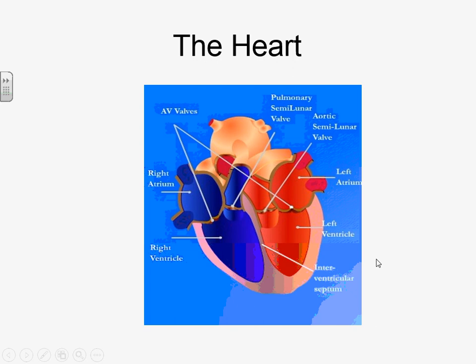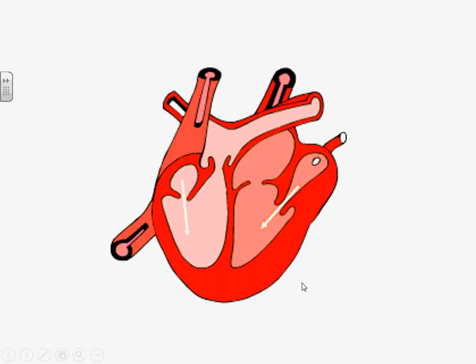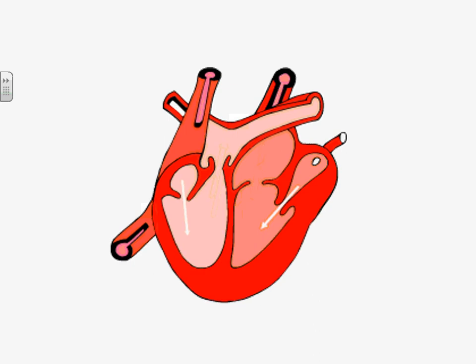Okay, so we've done the structural stuff. We know left side of the heart, right side of the diagram, oxygenated blood. Right side of the heart is the left side of the diagram, deoxygenated blood. This flow of blood through the heart is controlled by the conduction system. Looking for animations on this can be very helpful. That's a very simple one, but it gives you an idea of the sequence: top down, bottom up, top down, bottom up.